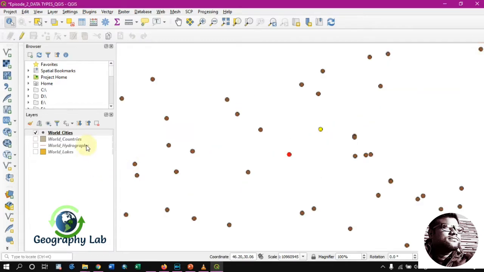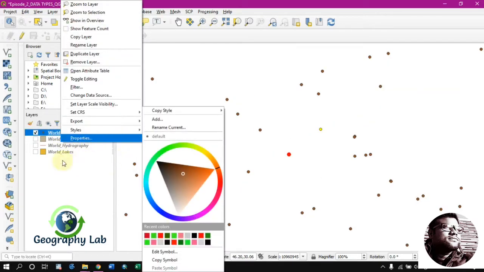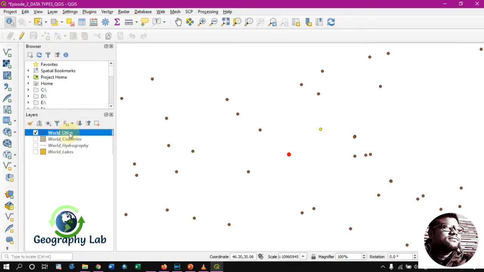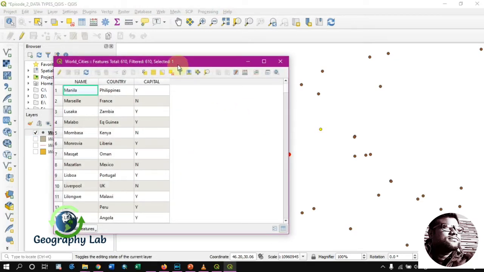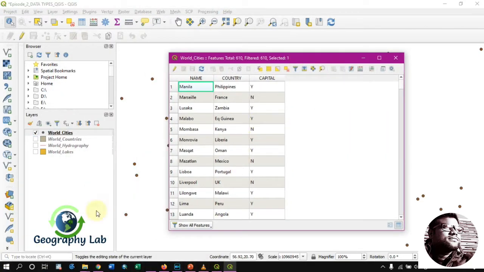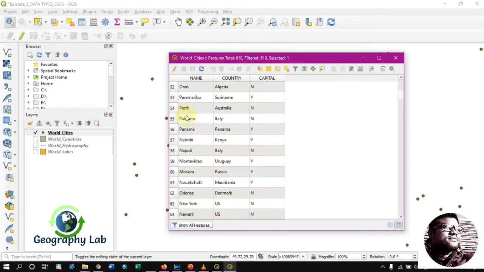Otherwise, we can also go through the attribute table. For that you have to select the specific layer, right click and open attribute table. Then you will find all the information associated with the cities distributed throughout the world.